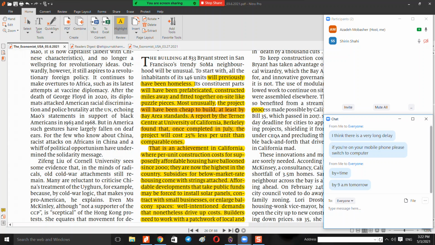Yes, very good. The next one is an expression: to come with strings attached. Yes, that's strings, plural. To come with strings attached is when you have someone or some organization give you something and some facilities, but it's not free. It's a trap. Yes, very good. For example, a mortgage for buying a house comes with strings attached.